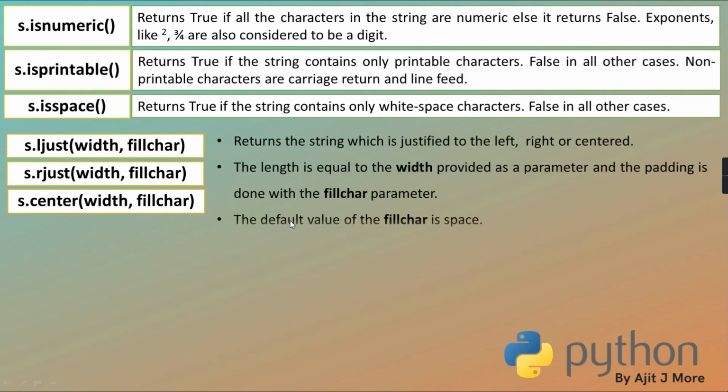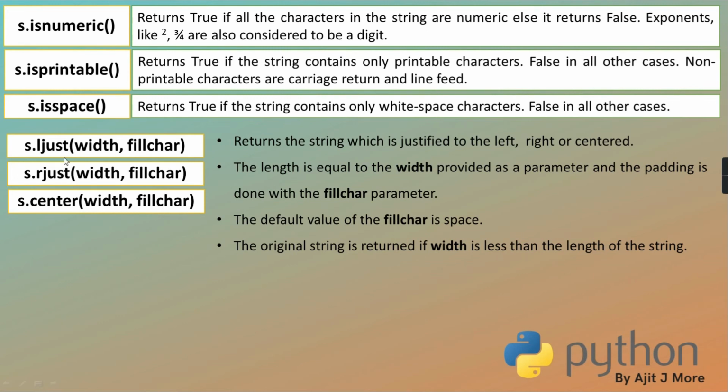Okay? See. So all 3 at a time only I am telling, just remember. It returns the string which is justified to the left, right or centered. Then the length is equal to the width provided as a parameter, meaning whatever string it returns. First of all, it returns a string which is justified on the left side or right side or center